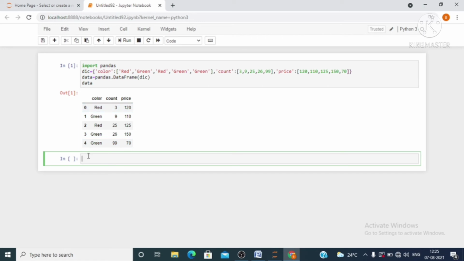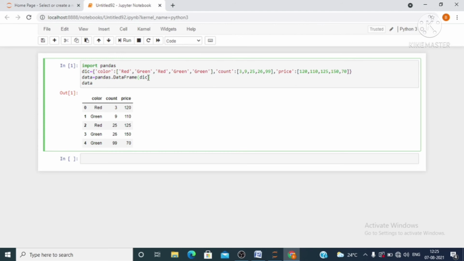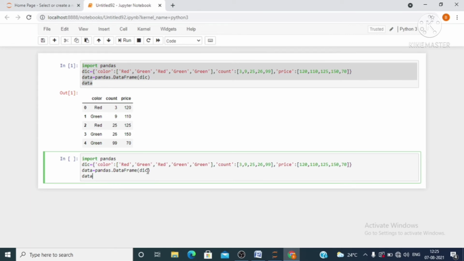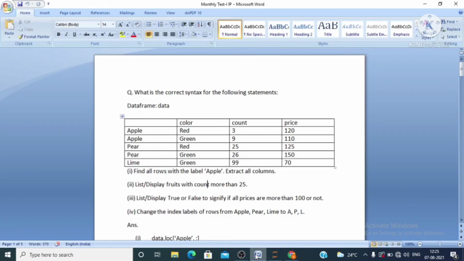So you can change the index of these rows by using index parameter. So I am just copy pasting the same code in the next one, and see here, apply index parameter, and by using this one you can change the indexes 0, 1, 2, 3, 4 to these indexes, apple, apple, pear, pear and lime.